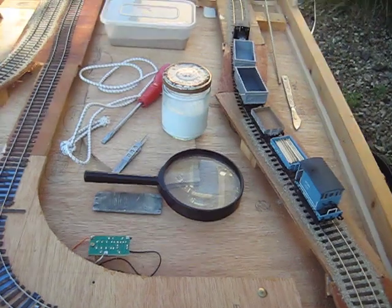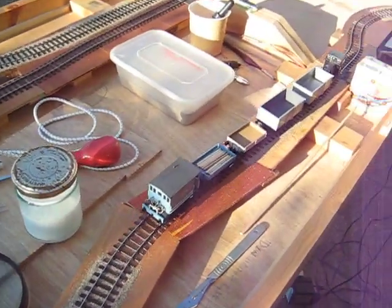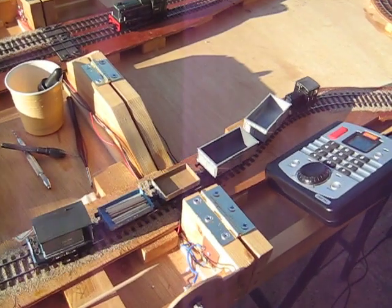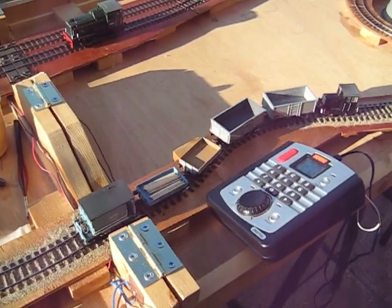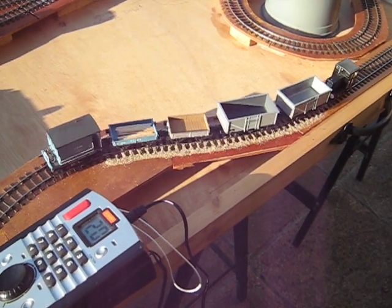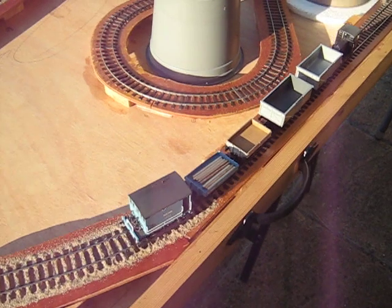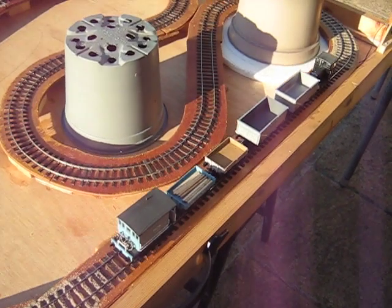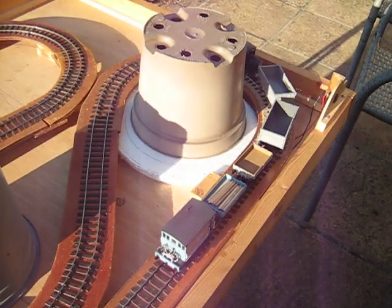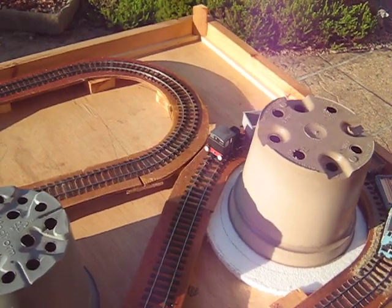But in the meantime, just to prove that it can work, we've obviously got a little Ruston pulling 2 kit-built Dapol 16-ton minerals. These would normally be running on number 18 KDs, and with that they buffer locked and came off in these bends. Well, by slipping a number 19 in, the buffers don't lock,